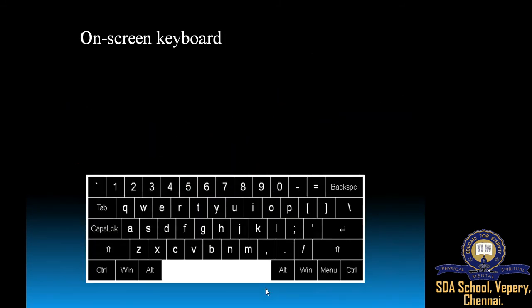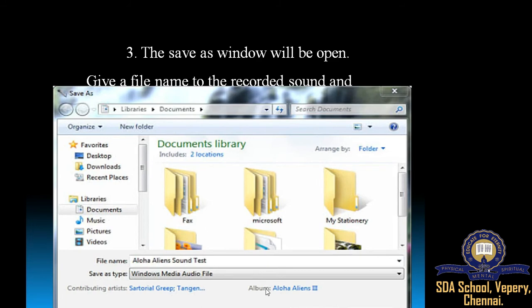Next we move on to the topic on-screen keyboard. Before going to the topic, all of you have used input devices like the mouse and keyboard. This is the physical keyboard, which we use in the computer, but we haven't used a virtual keyboard.